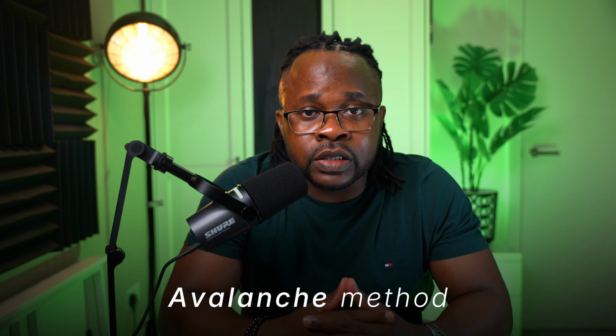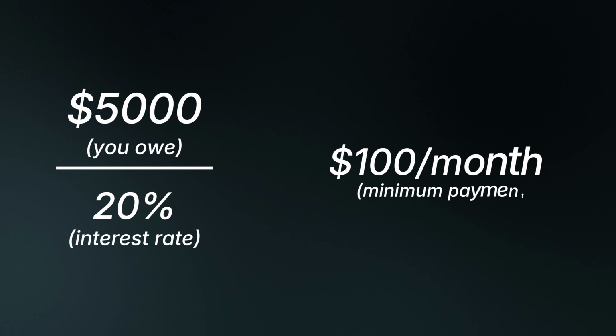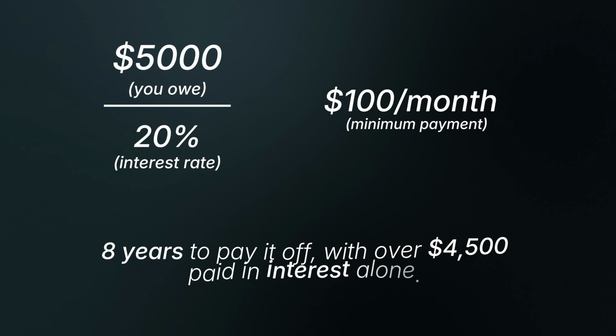List all your debts from highest to lowest interest rate and concentrate your payment on the highest one while making minimum payments on the others. This is called the avalanche method, and this approach saves you the most money in the long run. For example, say you owe $5,000 on a credit card at 20% interest and only make, say, the minimum payment at $100 per month. It could take you about 8 years to pay it off,